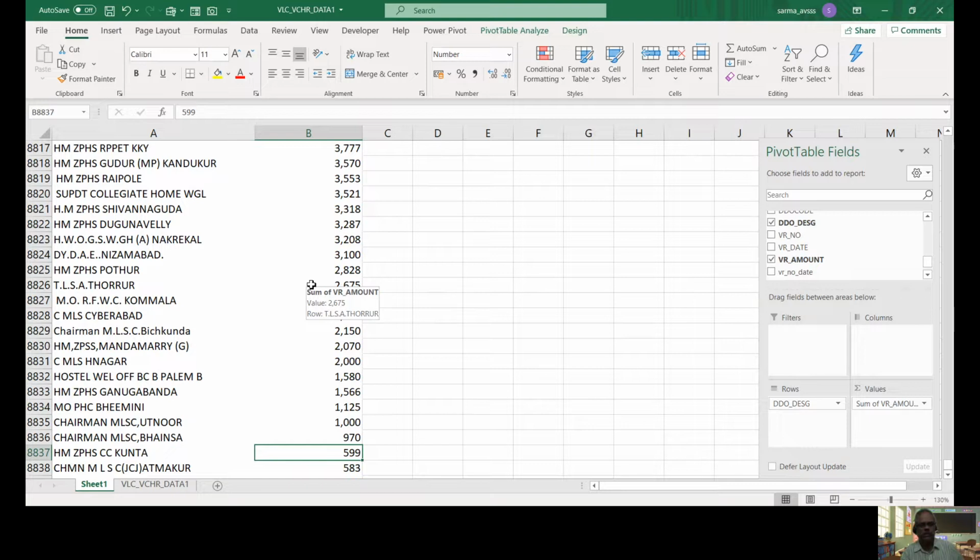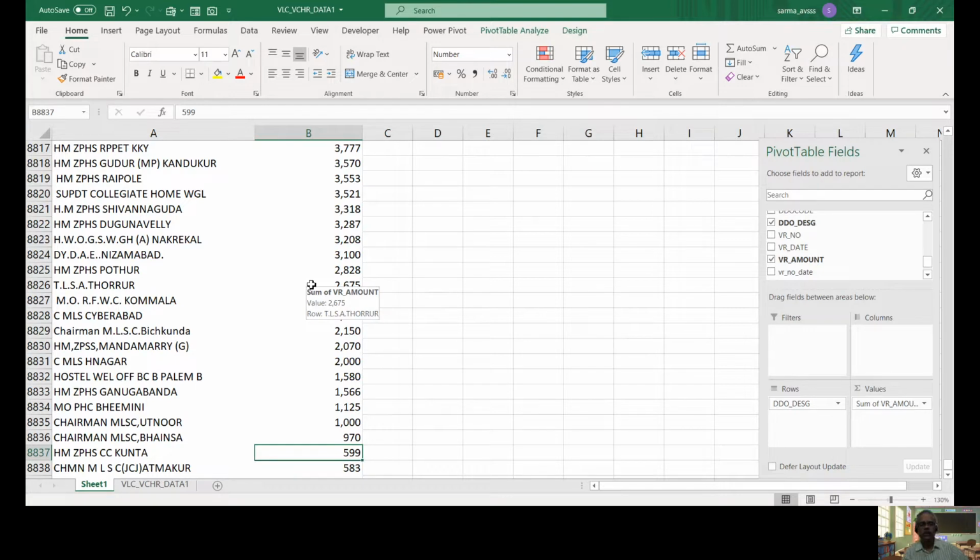So all these DDOs, now we can assume that these are not genuine DDOs. Maybe the same DDO has multiple codes, the system is allowing duplicate codes also. His salaries are being booked using one DDO code, and this expenditure is booked using another DDO code. Maybe the possibility of duplicate DDOs is there. So these things we can analyze.